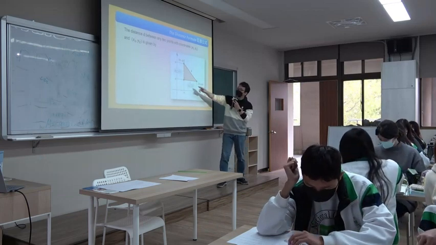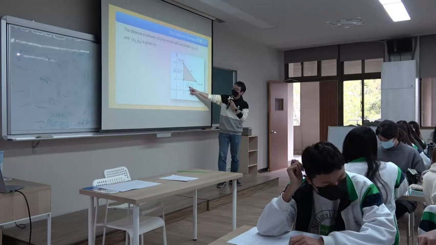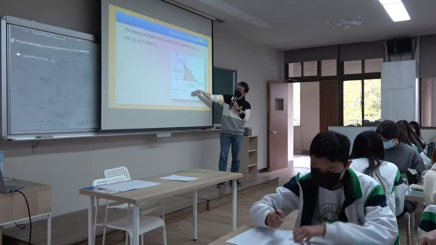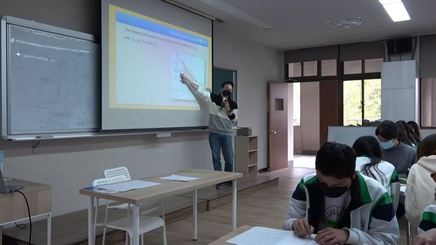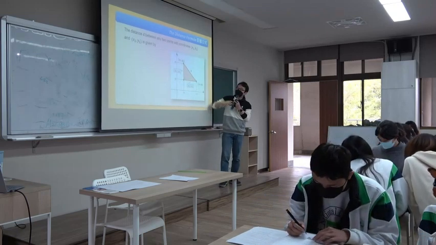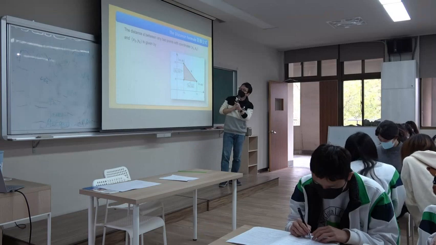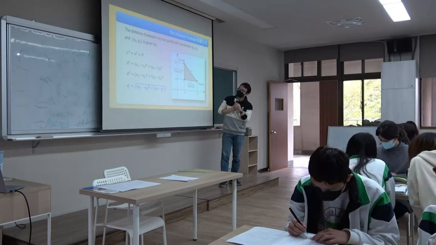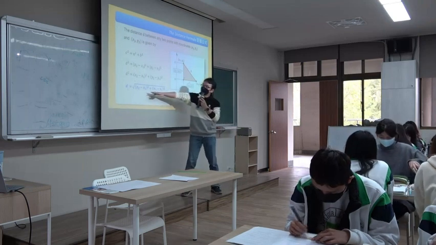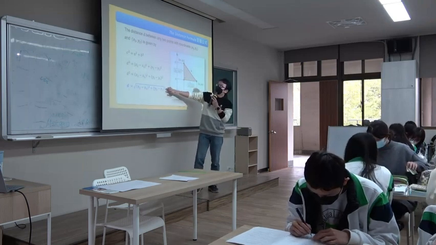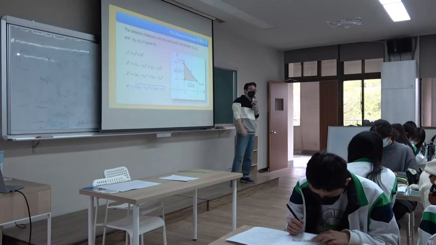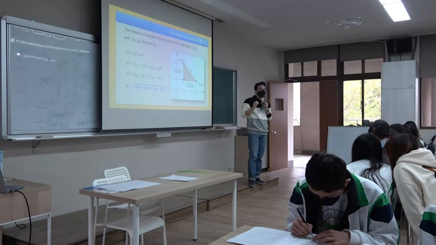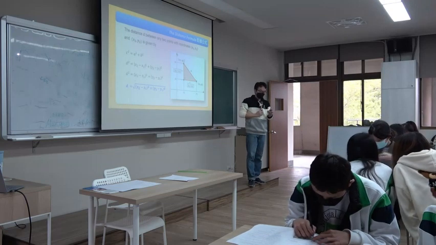And the two legs are the difference of their x coordinates and the y coordinates. And we use the two legs to find the distance between the 2 points. That's the distance formula. 这个我们国中应该已经有学过了啊，所以应该是很熟悉的啊。